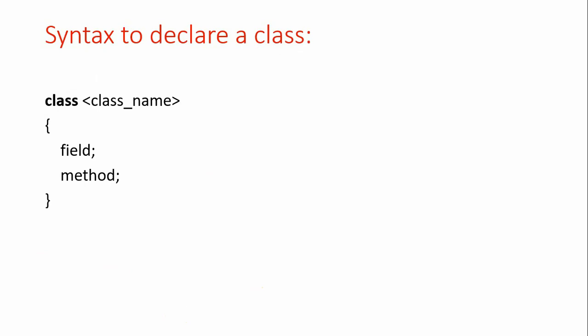And the next one, how to declare a class. We already know this, but again I am recalling. Class is a keyword, all in small case, which can be used to create a class, and after a space we define the class name. Within curly brackets we can define fields as well as methods. Fields means variables, methods means functions. The compulsory method is the main method here. Without a main method a class cannot be executed. The syntax for the main method is public static void main(String[] args), which is also predefined.